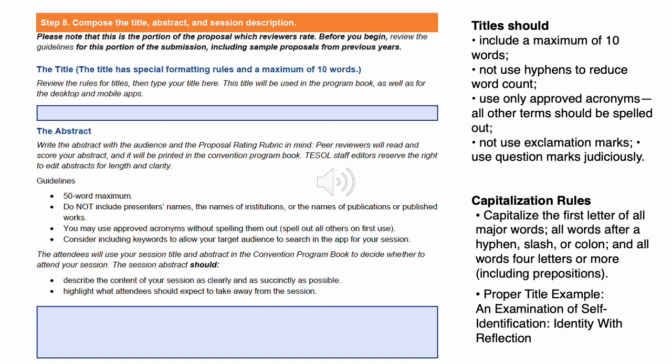Maximum of 10 words. Hyphenated words are going to count as 2, so don't try that unless you really want a hyphenated word. Use only approved acronyms. All others should be spelled out. If you need a list of acronyms, if you go back to the important documents, there is a page that talks about that. Don't use exclamation marks and try to use question marks judiciously, just as I tell my writing